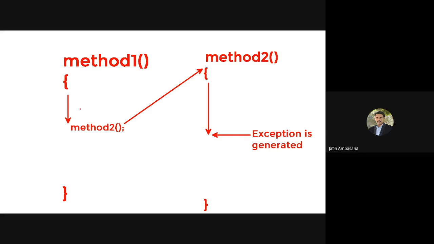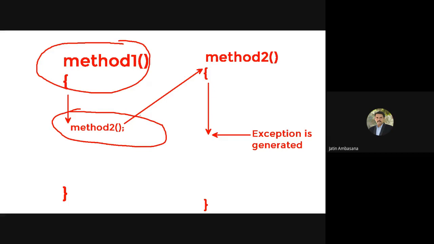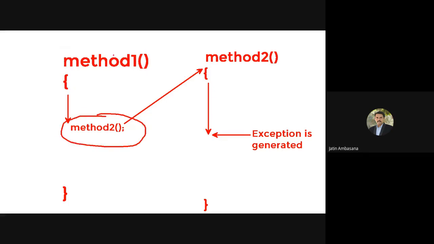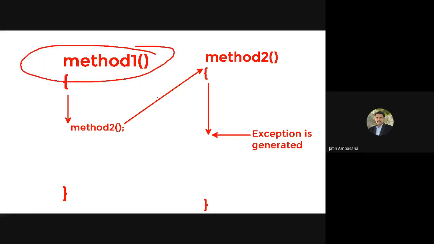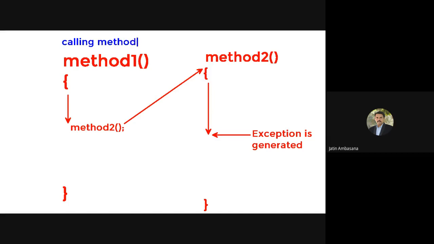So the method call to method 2 in method 1, this is the call to method 2, which is written in method 1. So method 1 is the calling method, and method 2 is the called method, right? So if the called method is throwing an exception at some point, then it can declare that